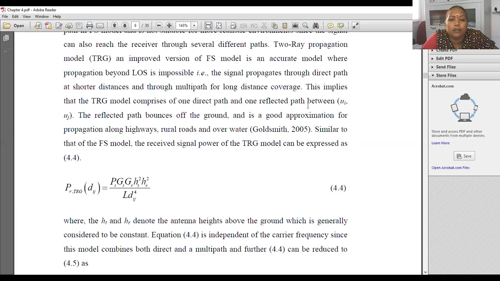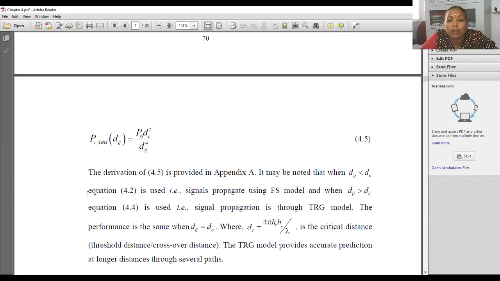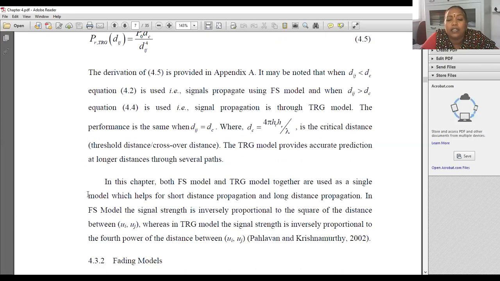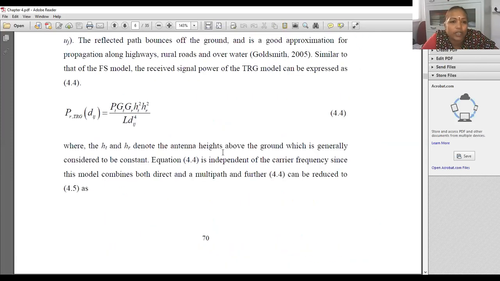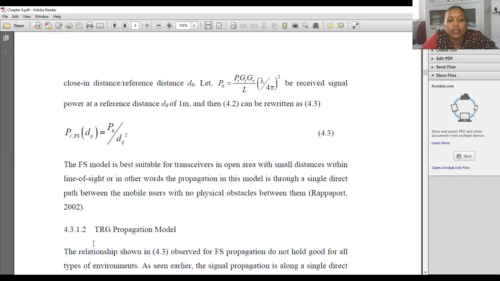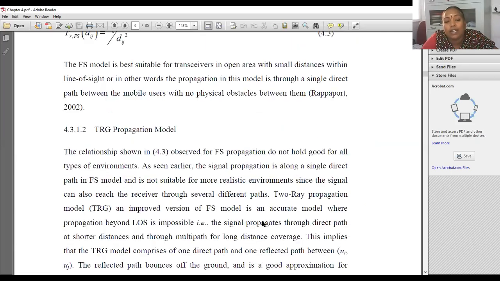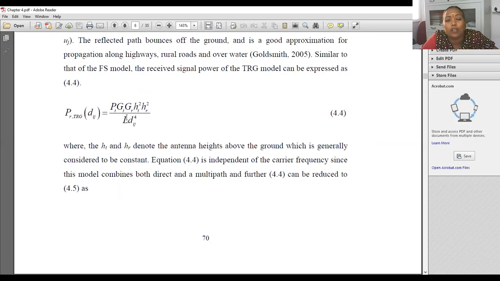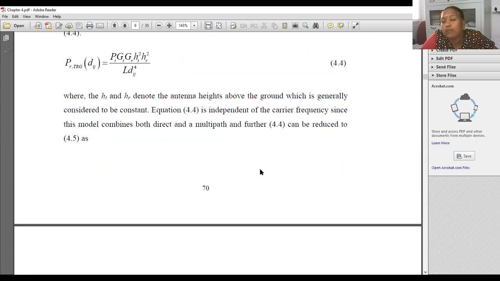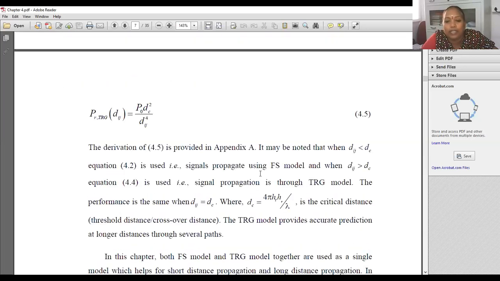These two paths constitute a TRG model, and from this we understand that the power is inversely proportional to the square of the distance in the FS model, as I showed here, whereas in the TRG model, power is inversely proportional to the power 4 of the distance.